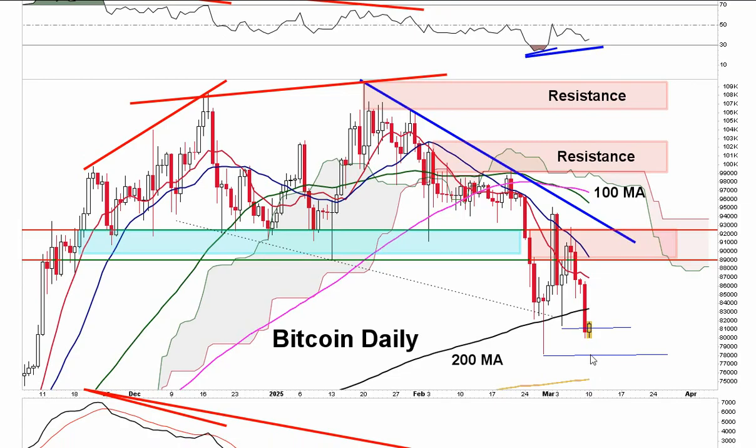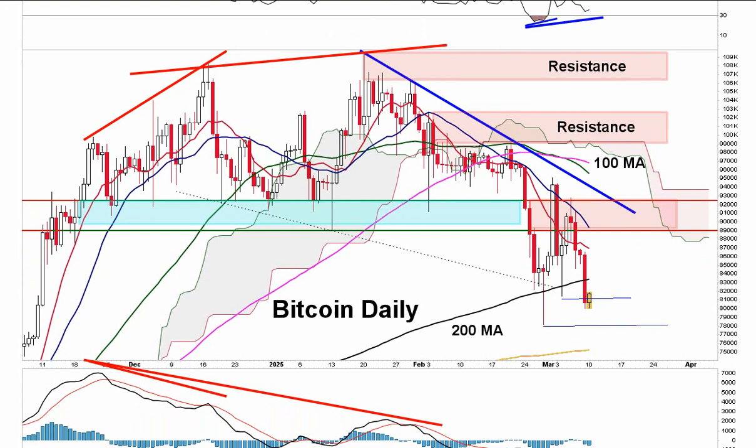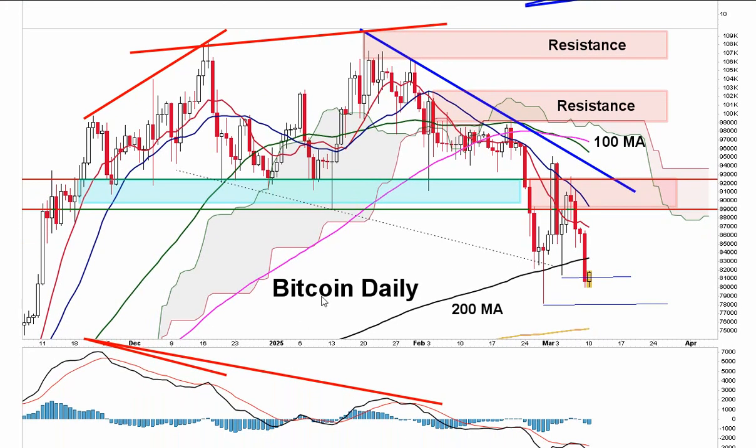But if we go down to that 75,500 area, you also have another confluence of support. That's where Bitcoin's average price is right there. So directly below, something to be paying attention to. Horizontal support at 74,000. Now again, this is Bitcoin's chart up close. And again, I talked about these divergences back at the peaks over here. You can see it right here on the MACD and the RSI.